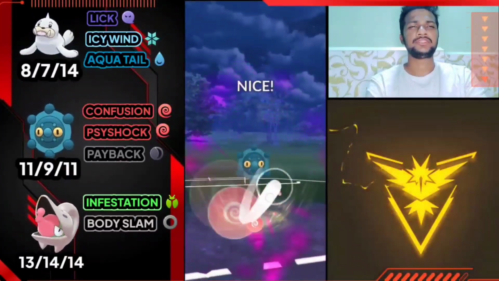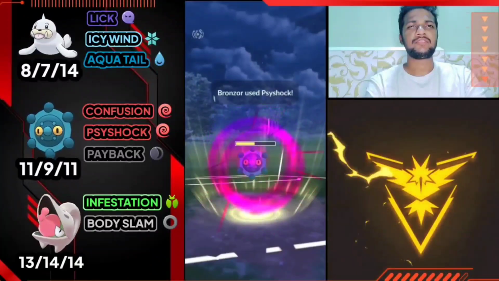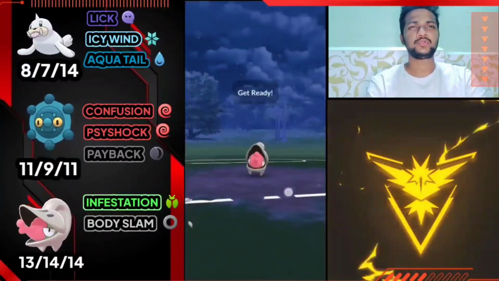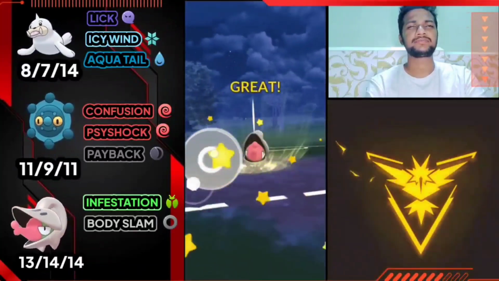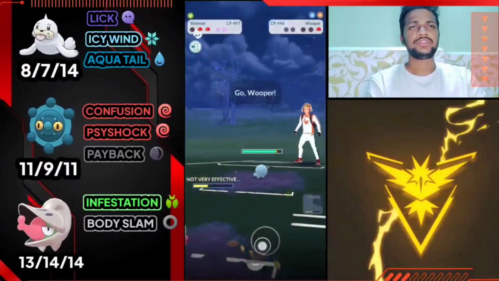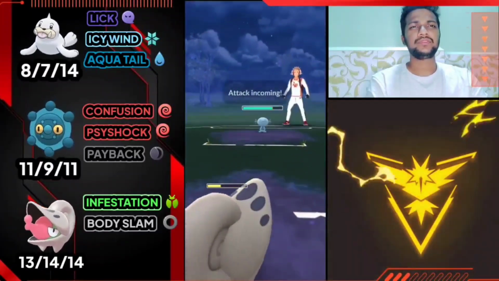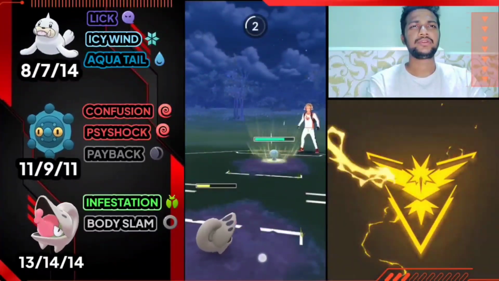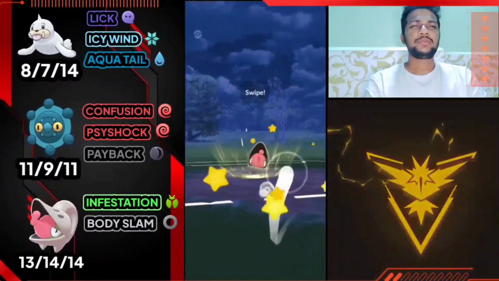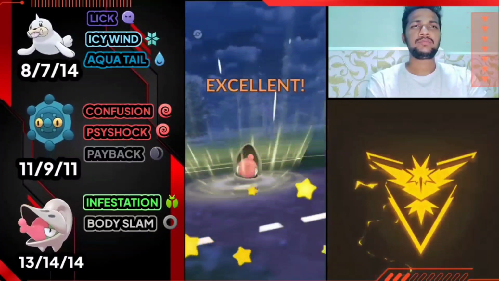Let's use the Psyshock. Let's see how much damage it can take because we have so many attack fell. Let's switch to Shelmet again. Let's use the Body Slam. One Body Slam can take like 30 or 40% of his health. Let's see, we have 2 shields ready, guys. Not gonna use my shield here. I know Shelmet can survive one Body Slam. Let's use the one Body Slam, and